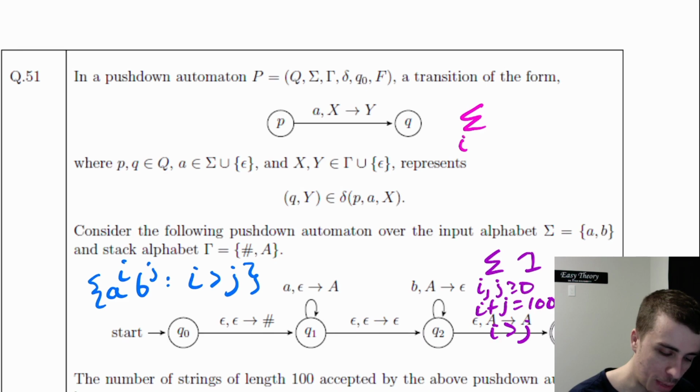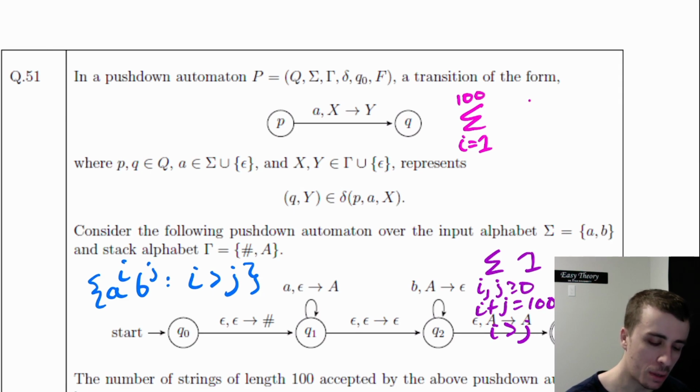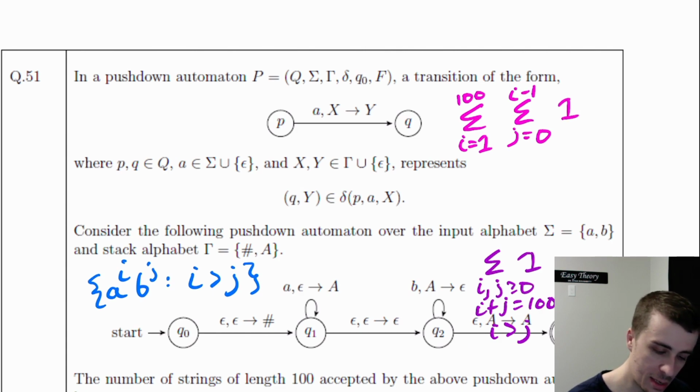So let's go from I equal to 1 until what's the largest value of I it could be? It could be 100, because J could be 0. And then J from 0 until I minus 1. I think that's okay. So then, of 1. So we're counting 1 for each one of these J possibilities and then add them up for all I. So we'll have I equal 1 to 100 of, well, this is just I.